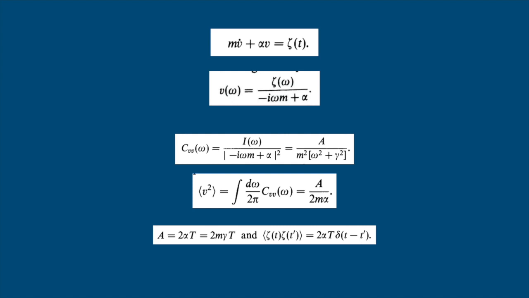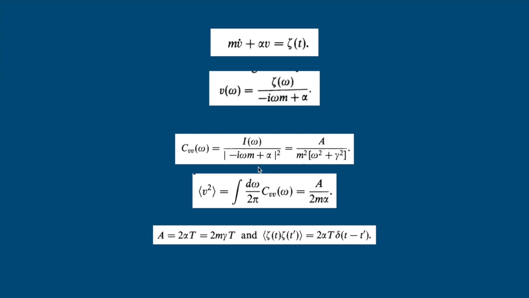So in Fourier space, so basically in the frequency domain, the inhomogeneous part of V is simply this equation. So using some previous results, we can calculate this correlation function CVV of omega by averaging the product V of omega into V of minus omega over all the random forces. So this is the result we get, and as we saw before, I of omega is A. So this is what we finally get.